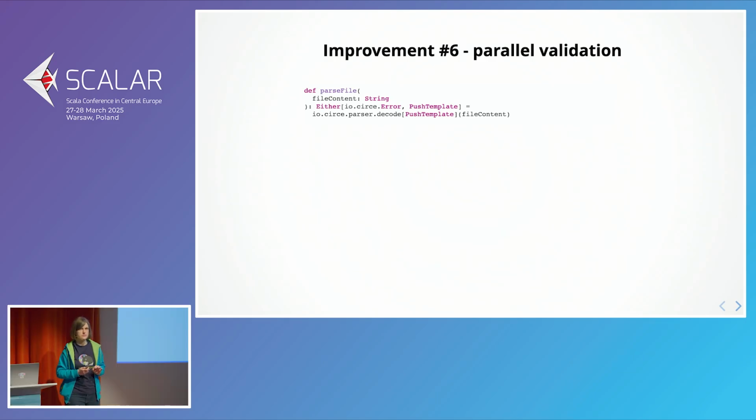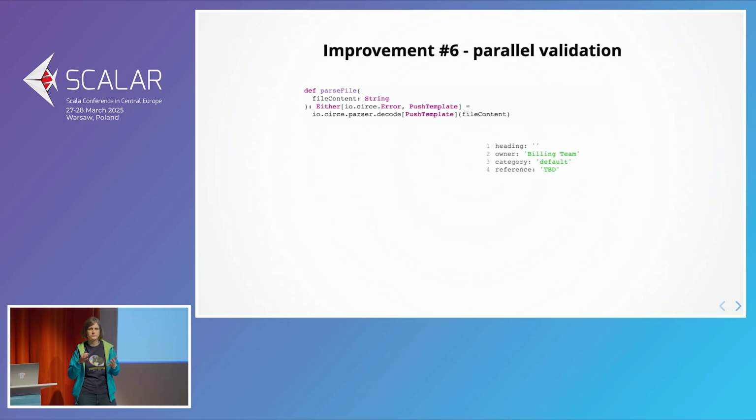So these are the Iron validations, but there's one thing that we need to notice here. When you create templates, if there is an error, if you are using this decode method, then even if you provide a template like this, which has several problems, you would get just one error. Then you fix the error, you resubmit the template, and then you get the second error. Because what this Circe decode method does by default is it short circuits on the first problem. And this is not what we want for a good user experience.